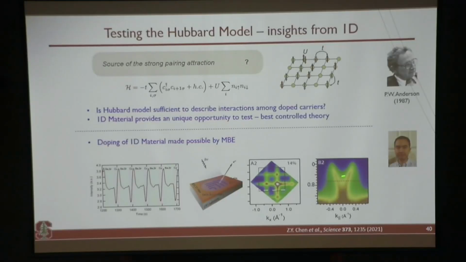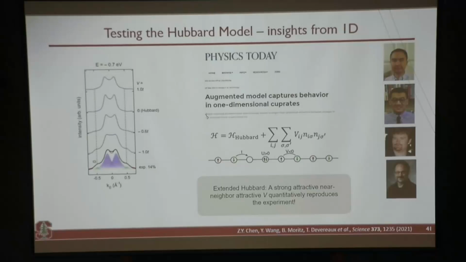Okay, and with that, you can now take a profile of the density and try to compare with the Hubbard model calculation and quantitatively benchmark. That's the experimental data, and this is the Hubbard model result. Most importantly, look at this shoulder feature. That's the so-called 3kF feature, which is the most sensitive to the interaction between two carriers, two doped holes. And with a lover's eye, you may say there's a tiny bit of a signal here, but it's clearly less